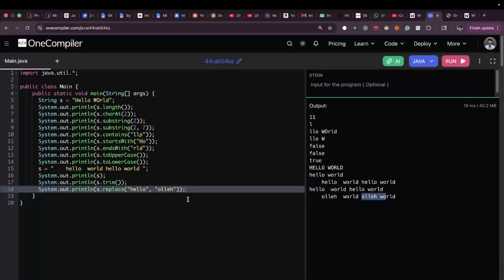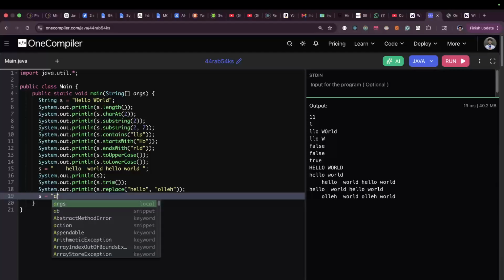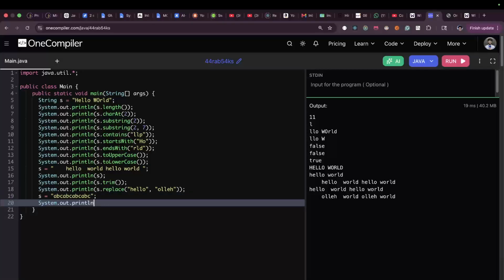So for example, here what we'll do is, suppose I have S as ABC, ABC, ABC, ABC. Okay. Now I'll say S dot split and split it across C. So now you see, it will return me an array. But since arrays are objects, it returns me the address of the object. Okay. So don't worry, when we cover arrays, we will see how we can print this array. But for now,